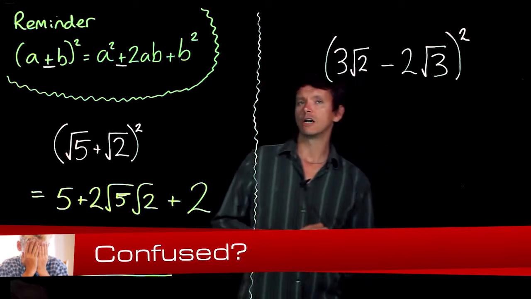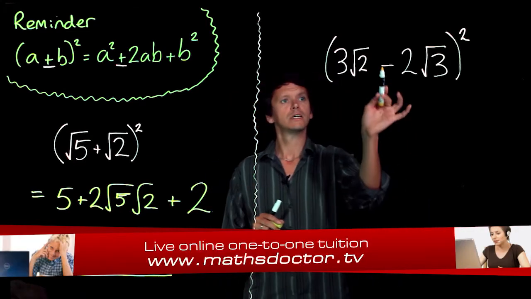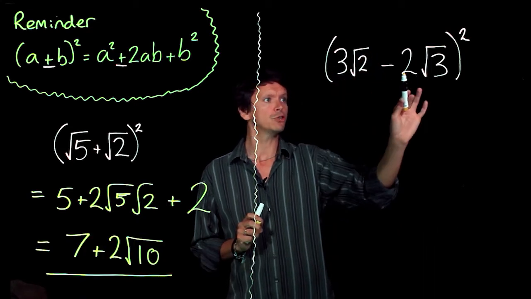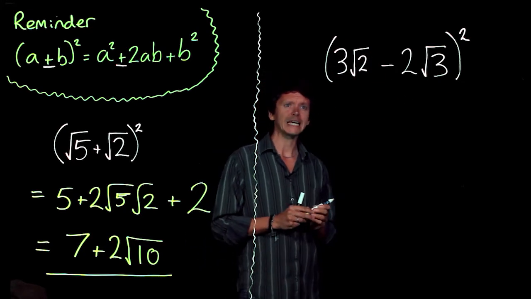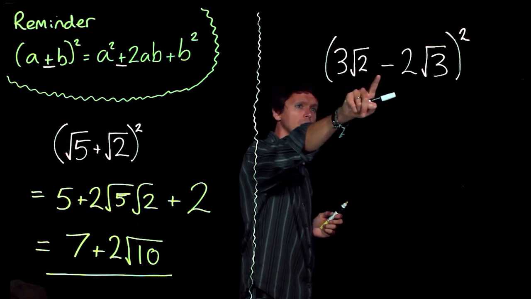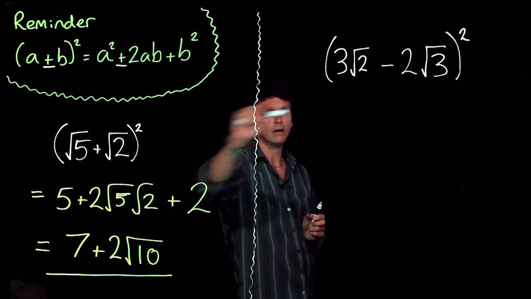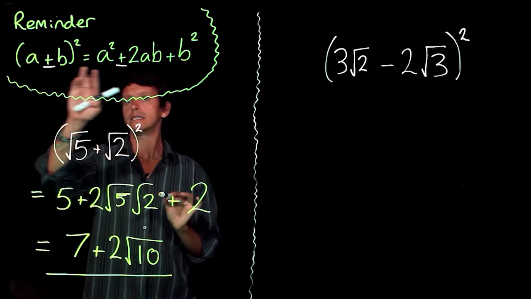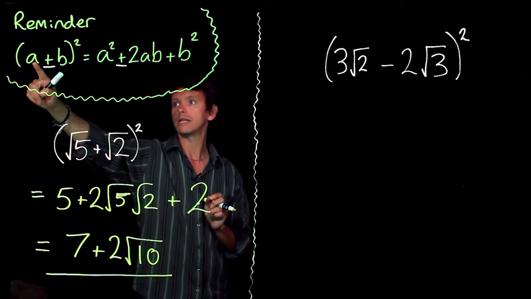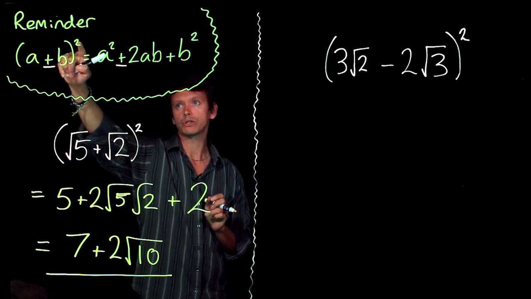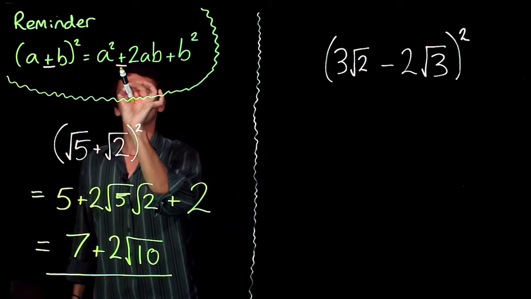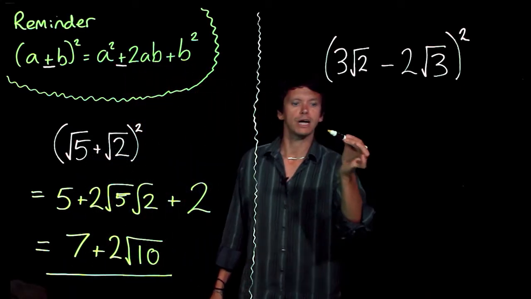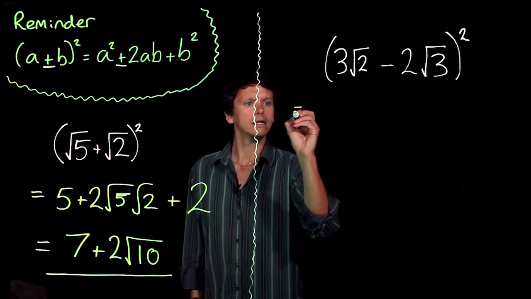Okay, slightly more complicated over here for a couple of reasons. Firstly, we have slightly more complicated surds within the bracket, 3 root 2 and 2 root 3. We need to be a bit careful about how we handle those in a minute, but we've also got a difference. We had a sum here, we've got a difference here, and that's why I've put in pink underneath here minus signs, because if we're dealing with (a − b) all squared, then we have a squared minus 2ab, 2 times the product of a and b, plus b squared. So let's use that over here. That equals